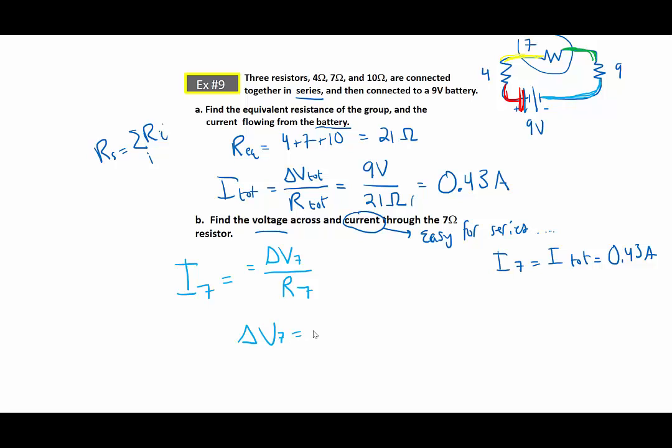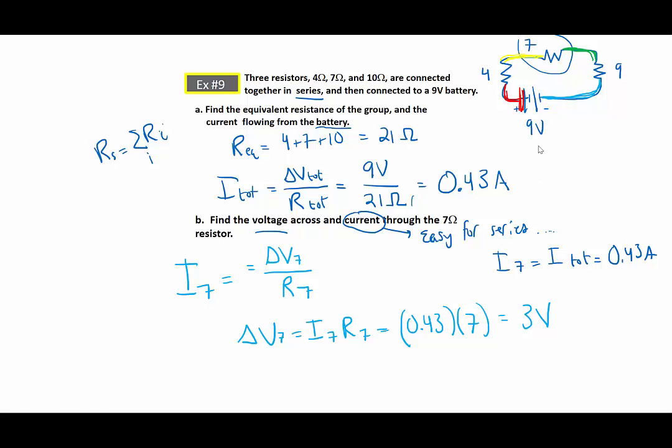So I take delta V is equal to I7 times R7, the current and the resistance at just that point. And I already determined that through the entire circuit, the 0.43 amps is flowing, and the resistance at just that resistor was 7 ohms. So there must be a 3 volt drop at that resistor